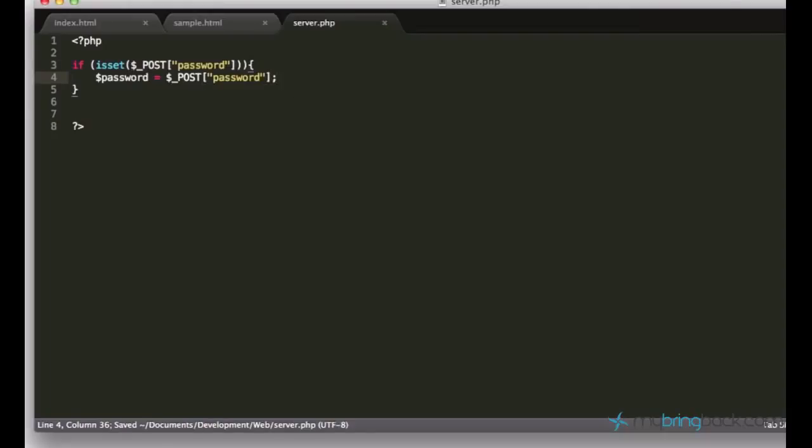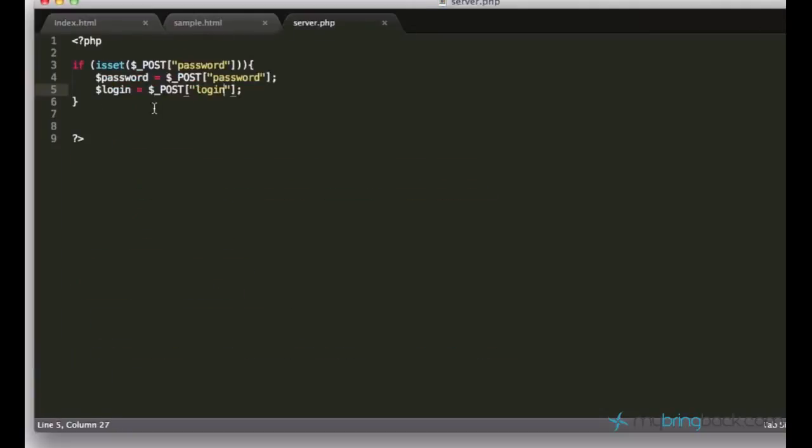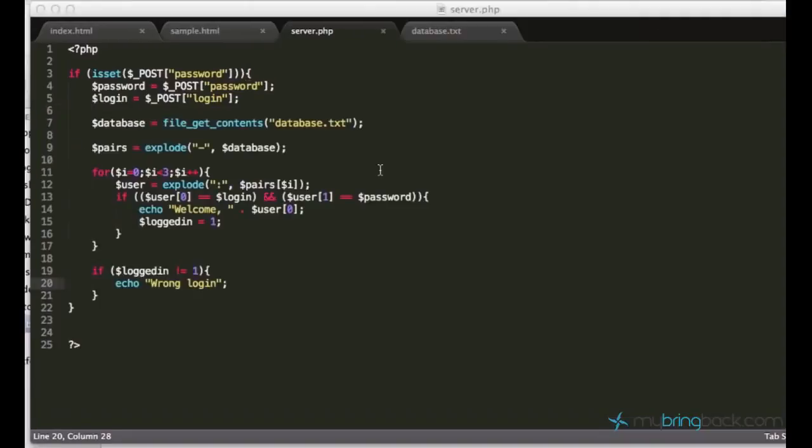So this password which we send to the server.php, and the username, or I'll just call it login, should be equal to login. And make sure you use, on the left side you see the variables which you send to the server. So this one is login and this one is password, and that's why we are looking for the login in this post request. So what I did right now is a simple PHP script,